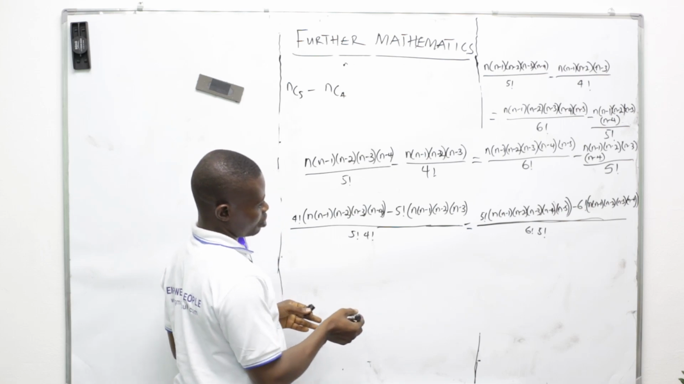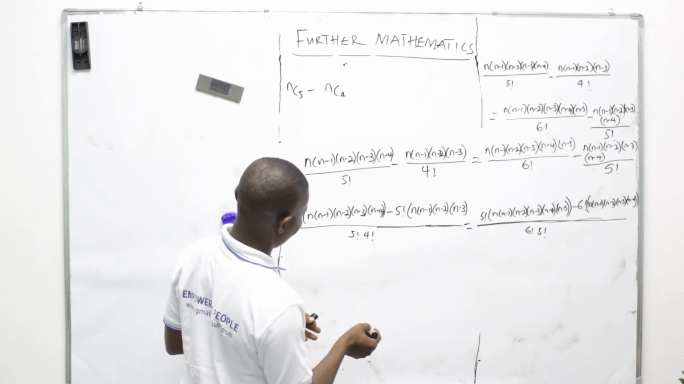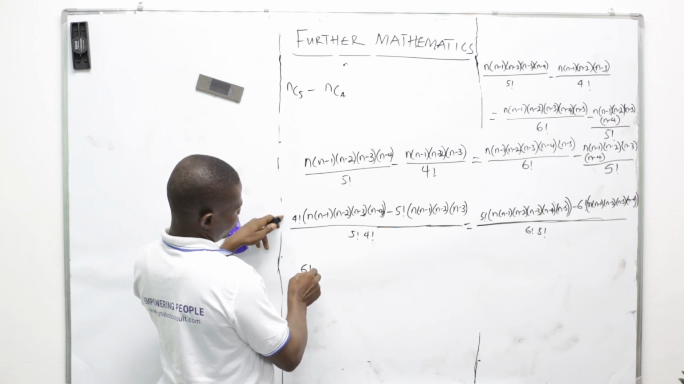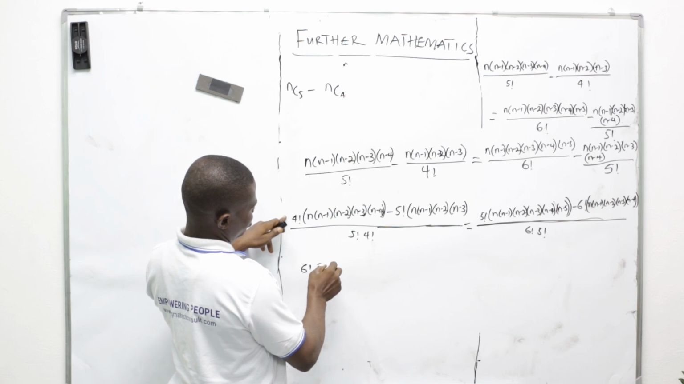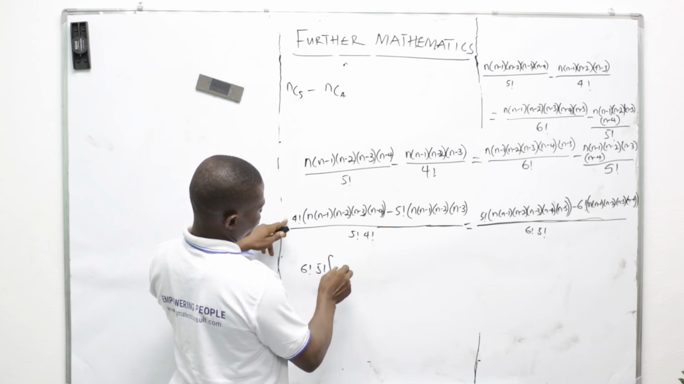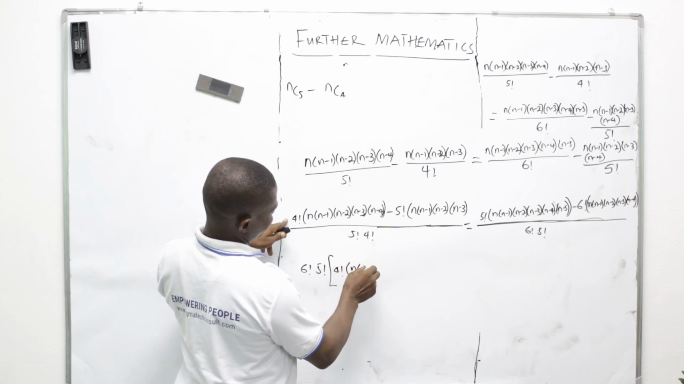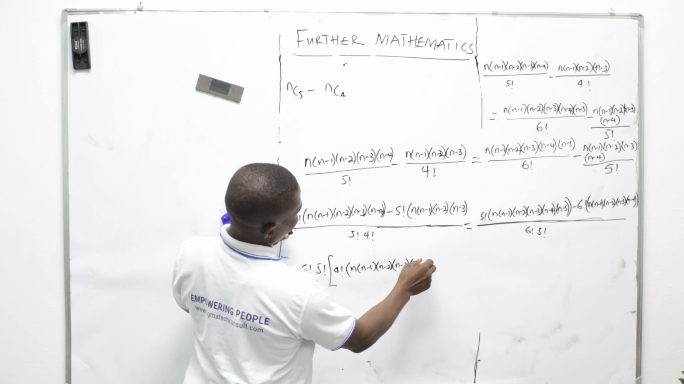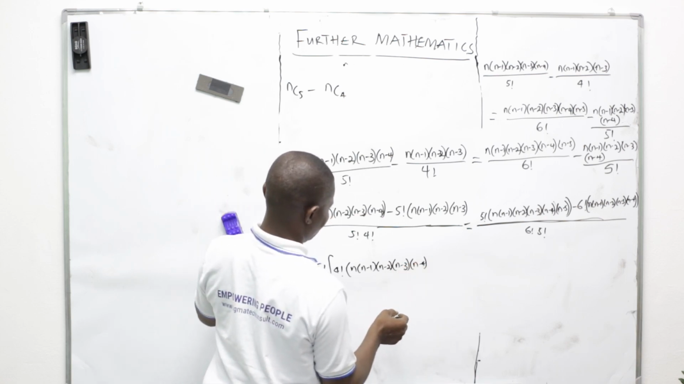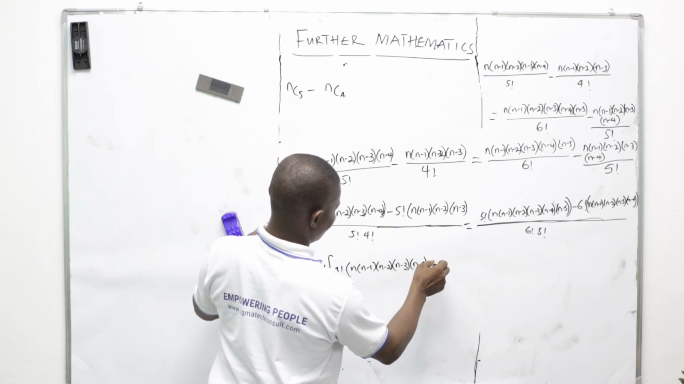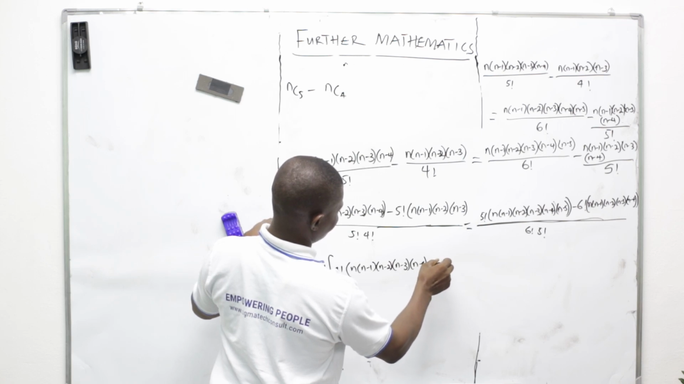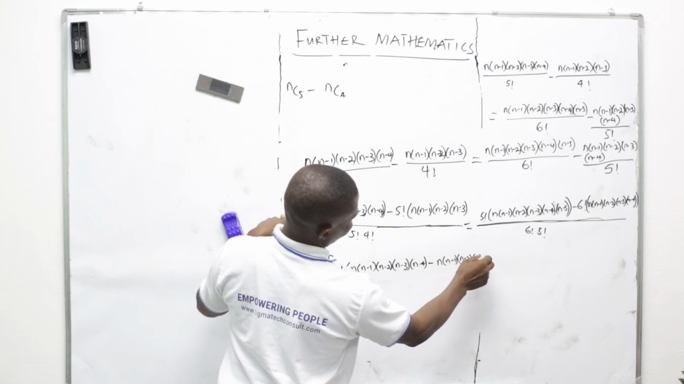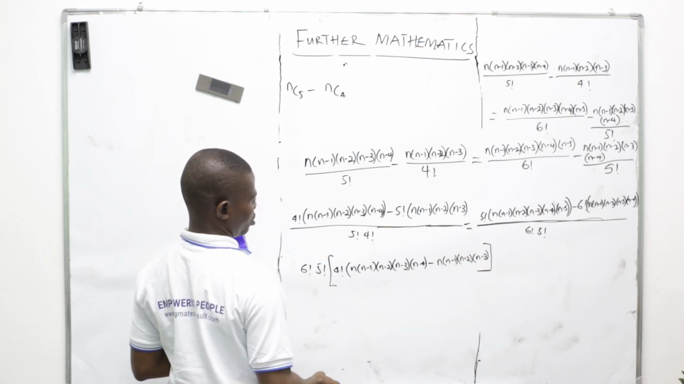We have that if this is cross multiplied, I have 6 factorial, 5 factorial into 4 factorial, n into n minus 1, n minus 2, n minus 3, n minus 4, minus n into n minus 1, n minus 2, n minus 3, equals